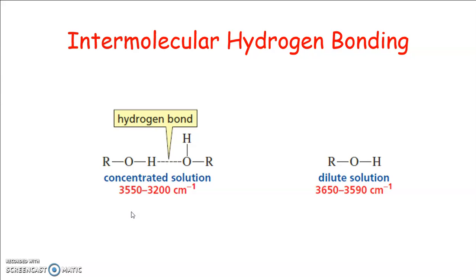Alcohols and phenols in condensed phases are strongly hydrogen bonded, usually in the form of a dynamic polymeric association, and this leads to a wide envelope of absorption and hence broadening of the IR band. Hydrogen bonding involves a lengthening of the original OH bond, which is consequently weakened, and the frequency of absorption decreases.